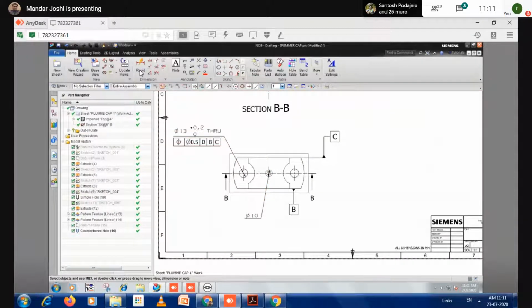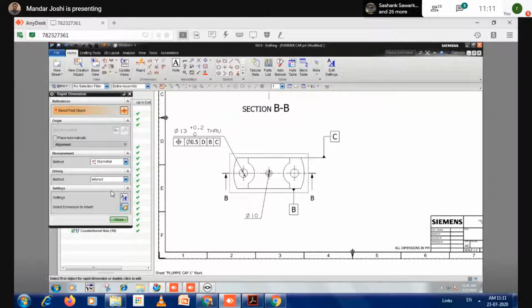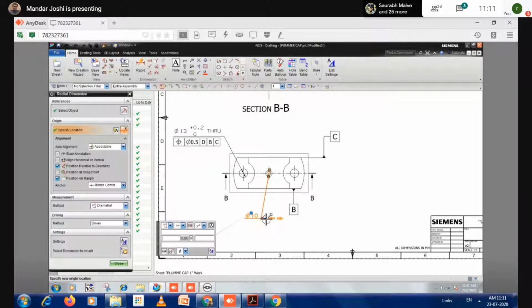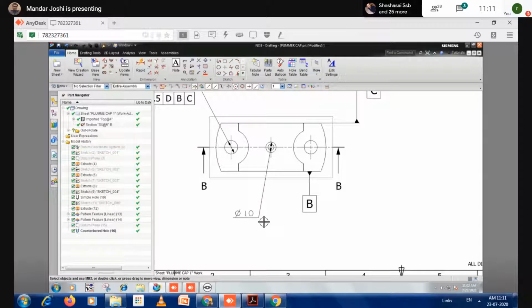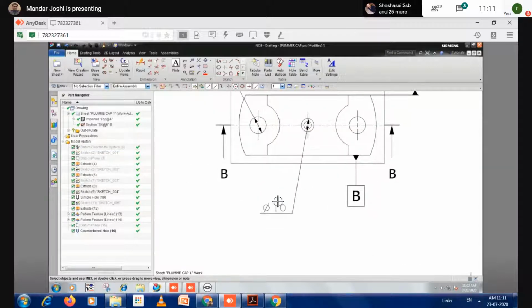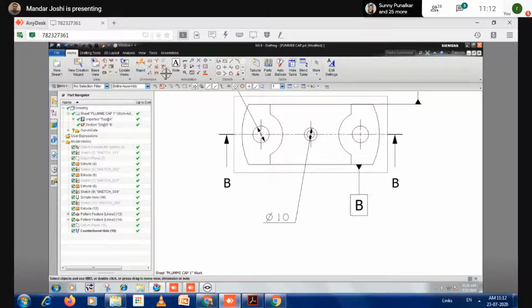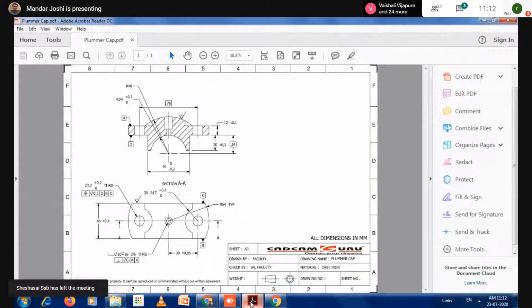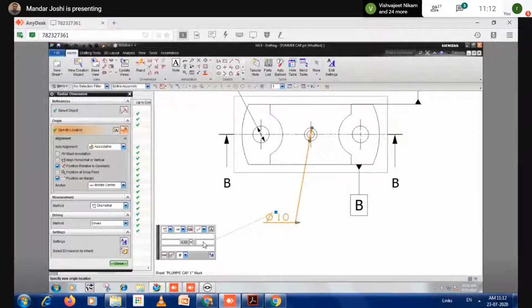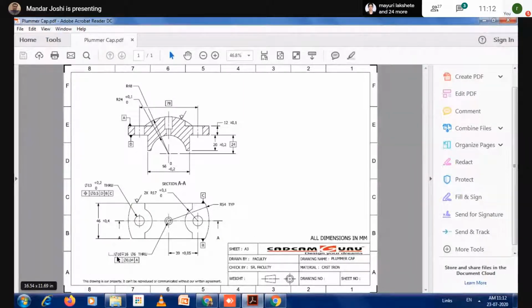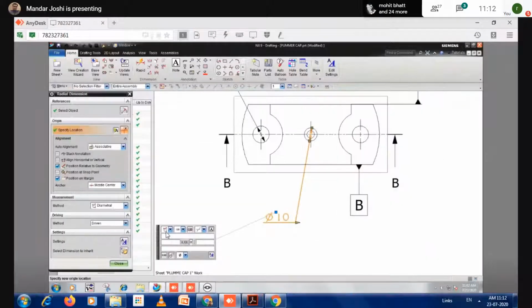Just a minute, I'll try. I think actually there is a direct option which shows these options, counterbore options, counterbore and this depth that I'm searching for, just a minute.